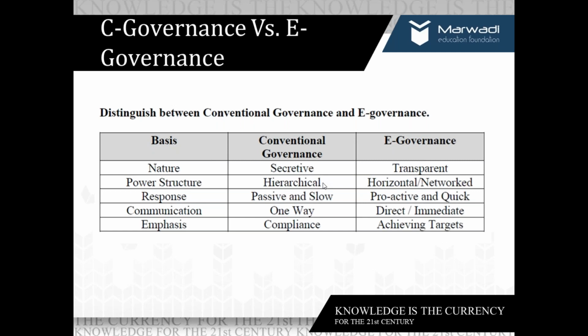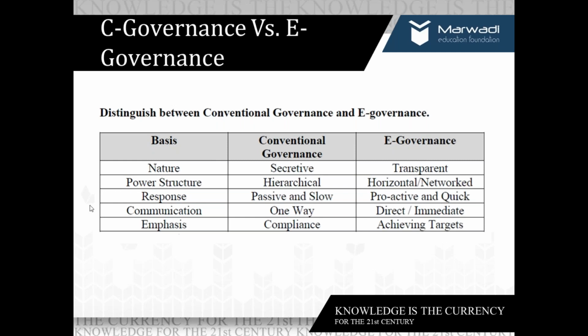They may say, we will forward your query to our head, then the head will forward your query to the government, and it may take time. So response is passive and slow due to hierarchy, whereas here it is proactive and quick. If you post queries, you can find a quick response.